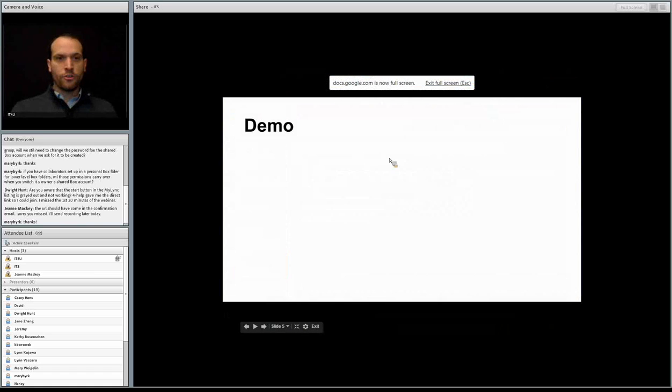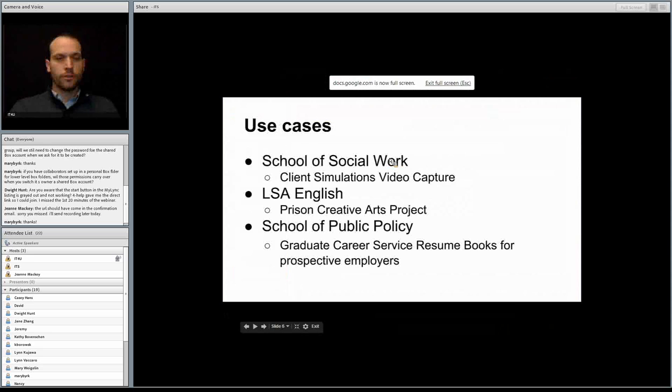Okay, so I mentioned earlier that there are several different use cases that we feel really lend themselves well to shared accounts. Shared accounts are very useful for